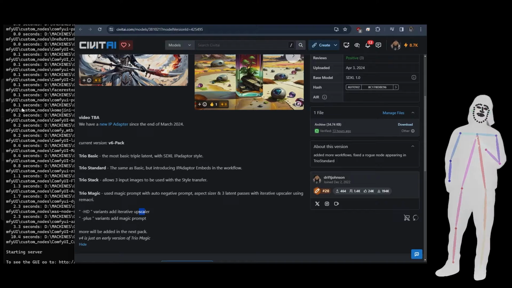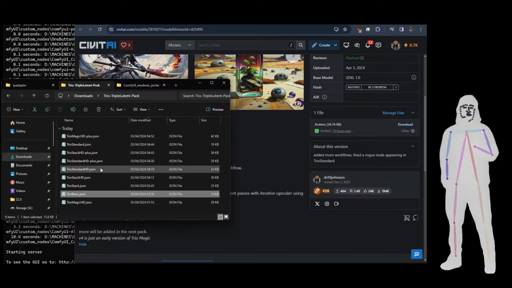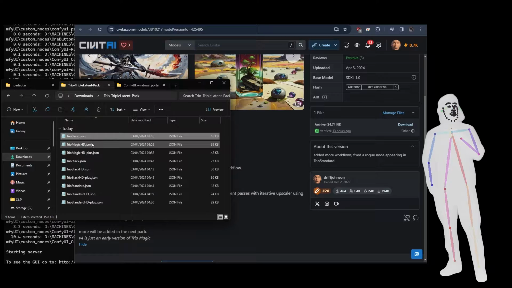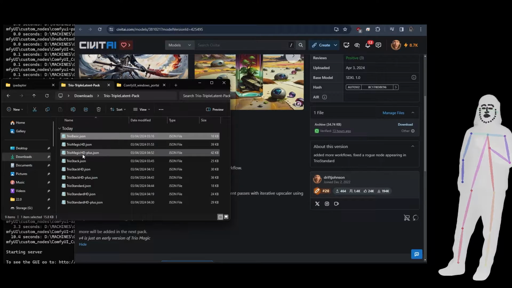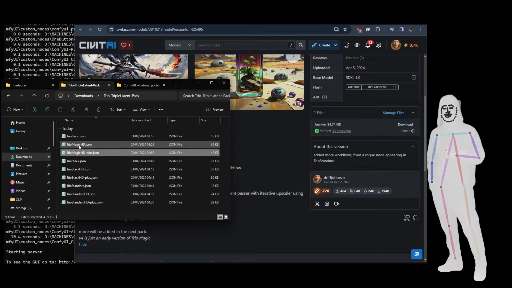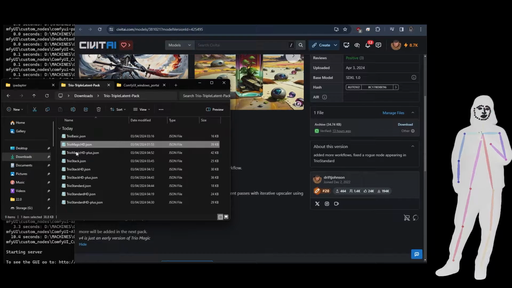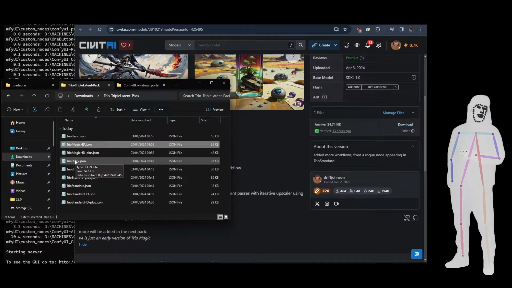So if we just quickly take a look at the actual zip, here it is. If I just sort it by name, we've got basic, magic HD plus. I think this is the original and this is the new refactor. So this is kind of obsolete now, but it is what it is. This is the most complex one. It needs a bunch of custom nodes. Easy to get though. They're all in the